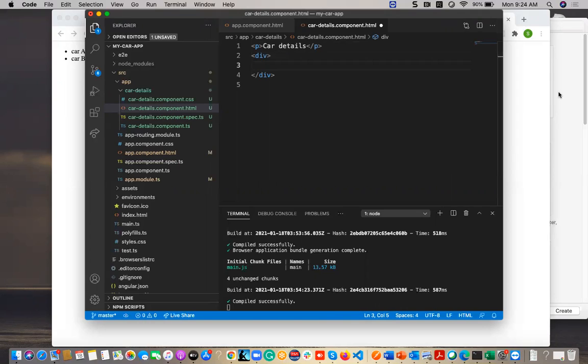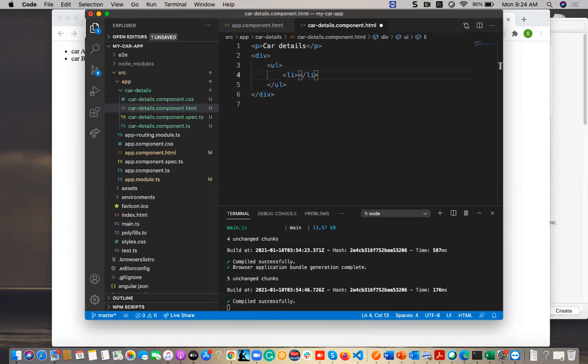So within this div, I am going to use some UL, and I am giving some li and here I am giving separate. Let us think like car dimension, and also I am giving some kind of car height and car width.